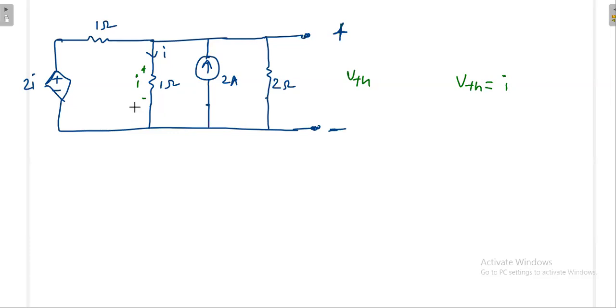Now you can go by any method. I am going to apply the nodal method. When you apply the nodal method, this is the Thevenin voltage. I do not know what that voltage is. Thevenin voltage is plus here, minus here, so I can take ground. This is also V Thevenin, this is also V Thevenin, so everything is V Thevenin only. Again, you do not know the voltage here, but this is V Thevenin.